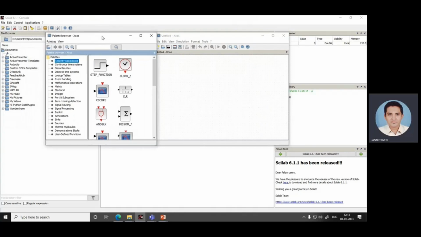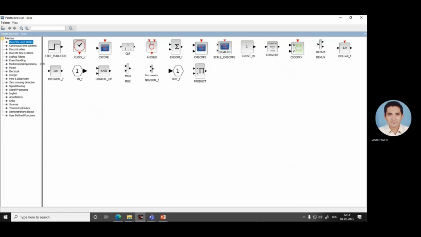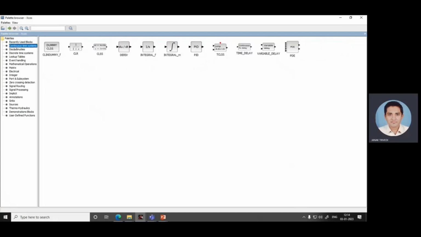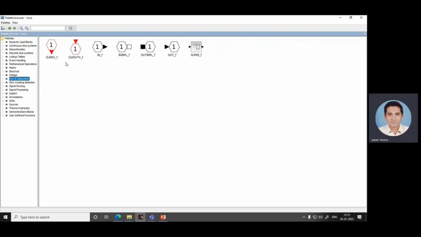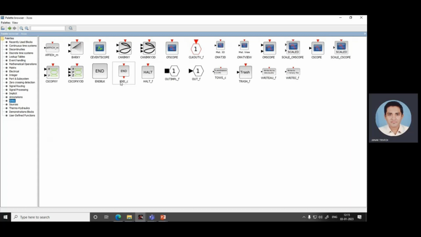First is the palette browser and recently used blocks, then the continuous time system. In that, the port and subsystem block, and the input function, impulse, output, all the different functions are there. Then zero crossing detection, then signal route, then sink. In sink,